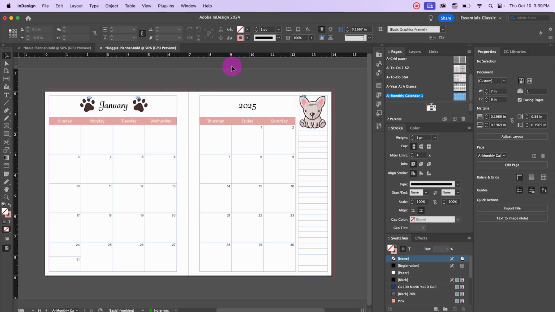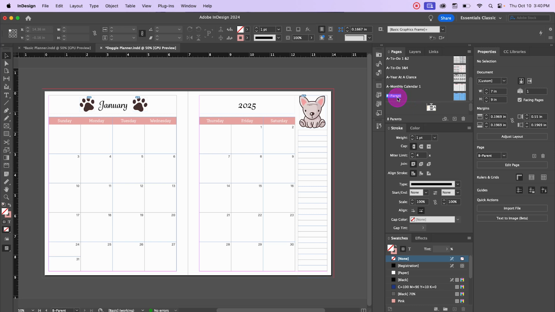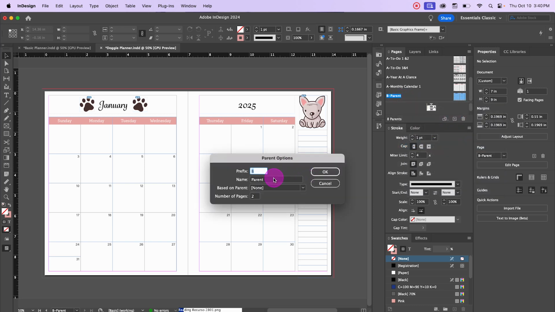Again, you're adding a little something something without going way overboard. Now let's see option number 2, which is probably my favorite one. What I'm going to do is right click and duplicate. I'm going to duplicate this spread rather than copy and pasting. So let's go ahead and duplicate it. And I'm going to rename it as